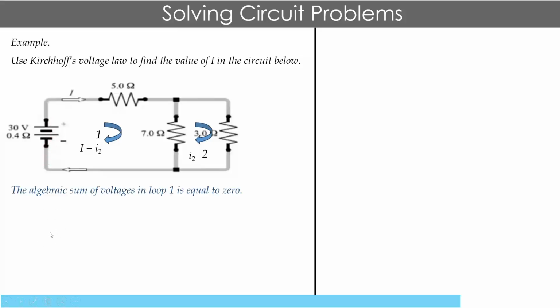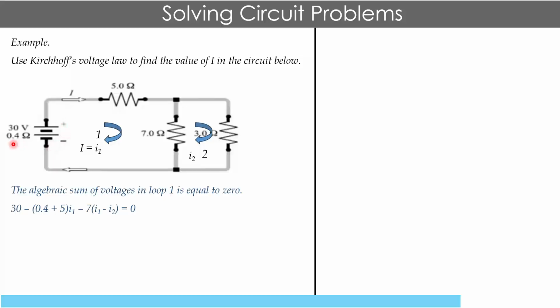So let us put that in mathematical form. We would have that 30 minus, so I'm saying that anywhere we have a voltage drop, let us use a minus sign. I would have just taken this one to over the equal to, and this would have been positive, but I want to use a minus sign to depict voltage drop. So 30 minus what is the voltage drop across the